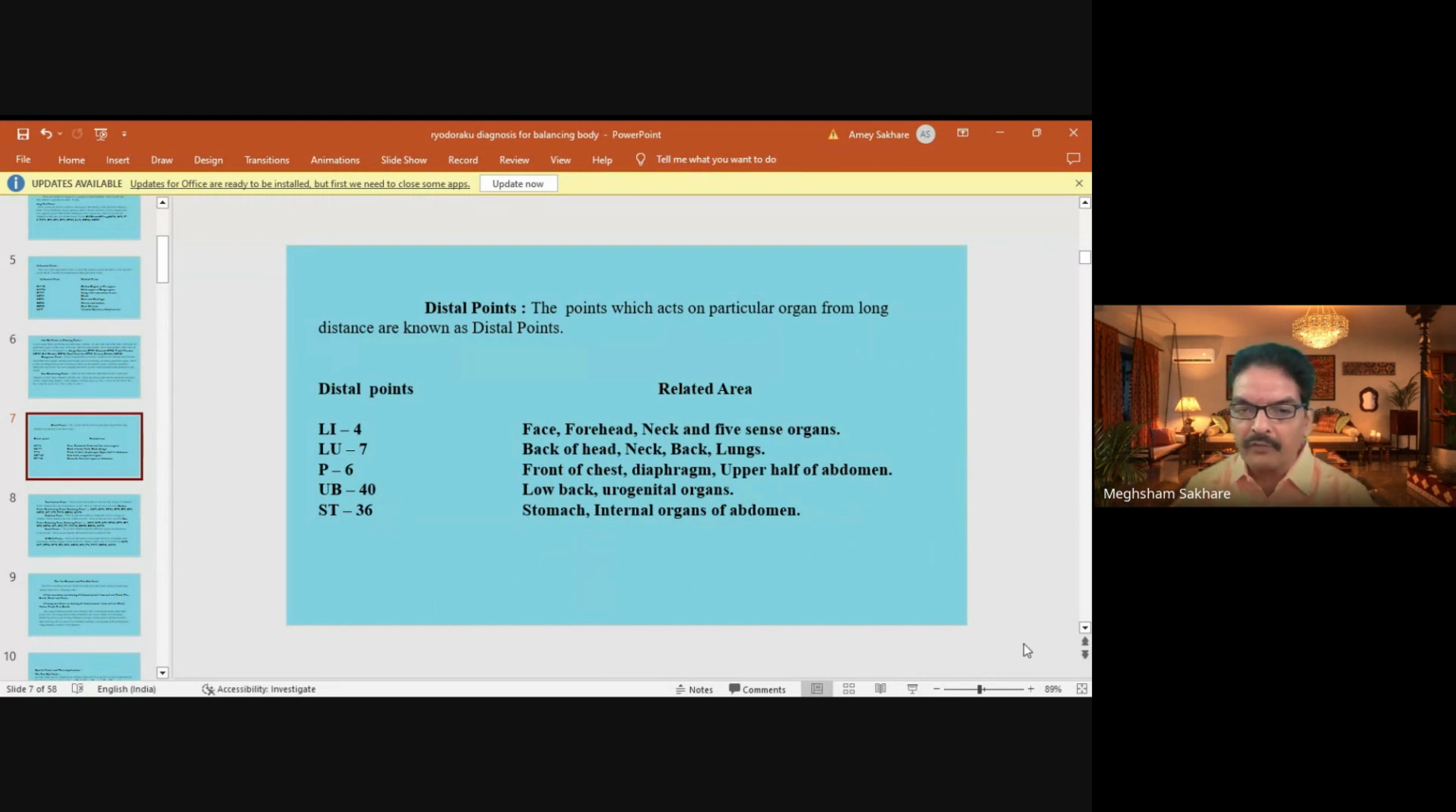P6 is for the front of the chest, diaphragm, and upper half of the abdomen, that is from umbilicus to sternal notch. From sternal notch to vertex, LI4 is there. And for the backside, lung 7 is there. And UB40 is for the low back and urogenital organs, meaning it is used for lumbar pain, lumbago, sciatica, urogenital problems and gynec problems also. Stomach 36 is used for stomach and